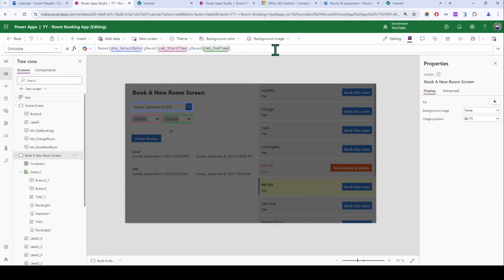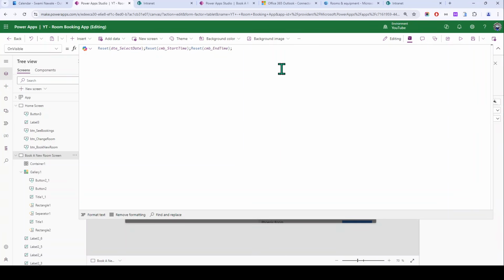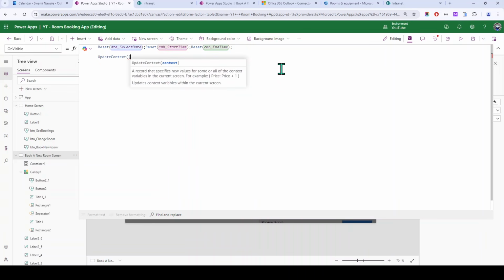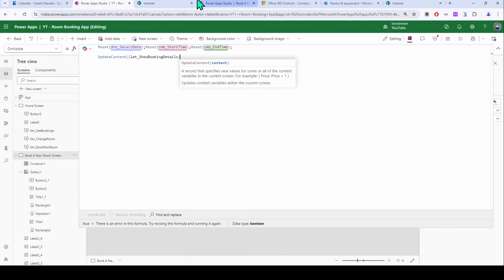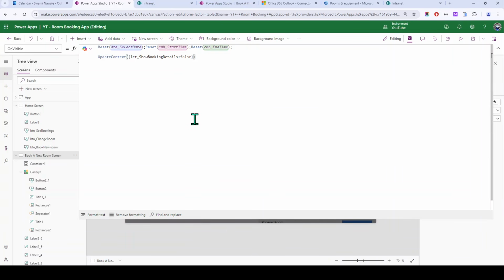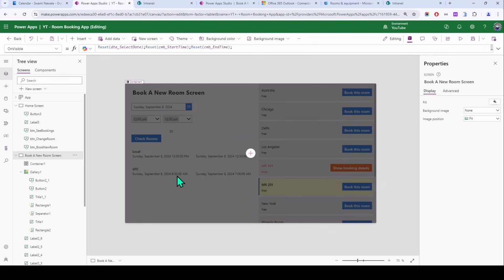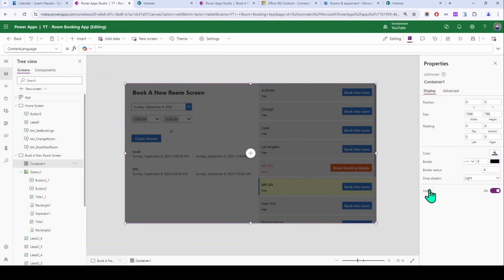And we want to make sure to use a variable, because we need to manage in that variable whether we want to show that overlay or not. So it will be update context. Just give the name as let show booking details to true. No, initially it will be false. Copy the variable name, select the container, go to its visible property, put that variable name,